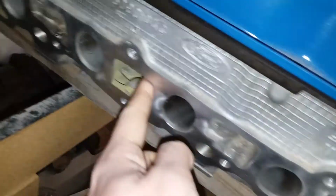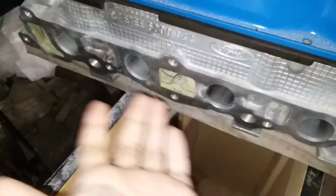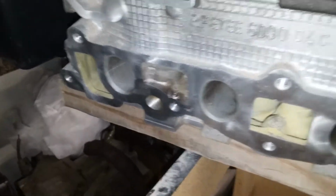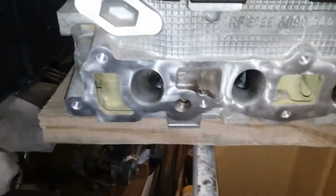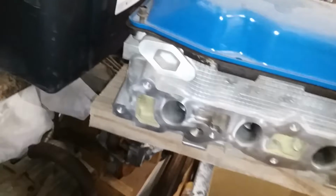In the CFIs, you can see that there's two coolant passages, and they go underneath the intake charge part of the intake manifold, so they can keep that intake charge kind of warm once it gets up to temp. However, you can see on the end here, it doesn't have that casting that I mentioned earlier. It doesn't have a temperature sensor put on the end here. So if you have a CFI head, then your only hope is to